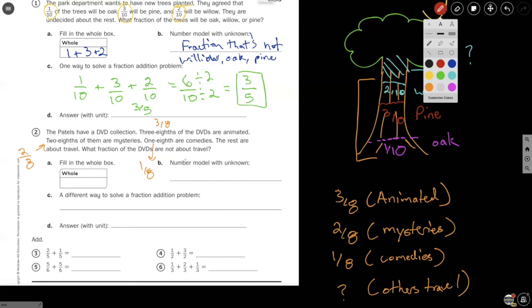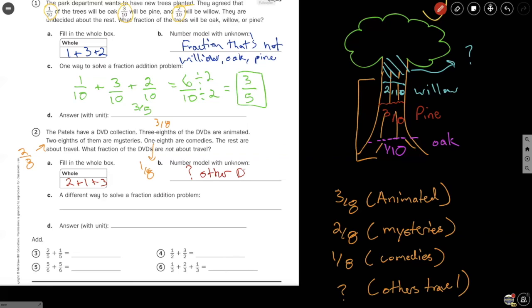Okay? So our numerators are 2 plus 1 plus 3, and the number of DVDs with unknown is going to be the other DVDs, the travel ones. And then we just go ahead and solve it. Three eighths plus 2/8 plus 1/8. And then that is going to give you your answer,